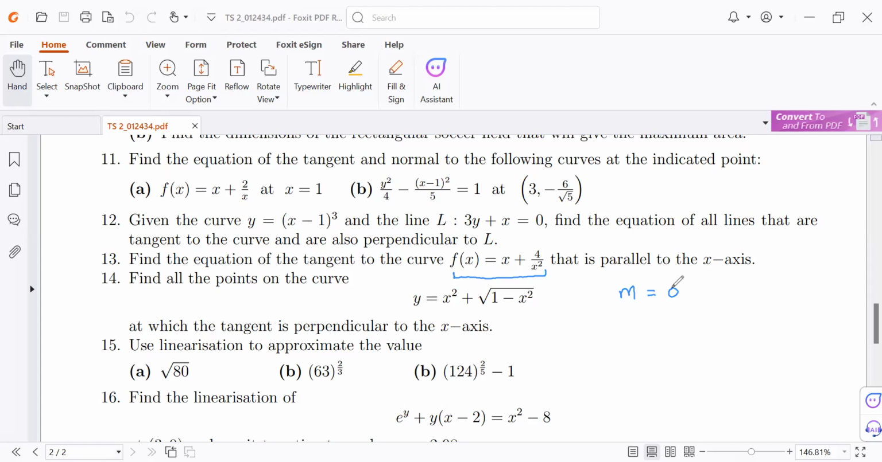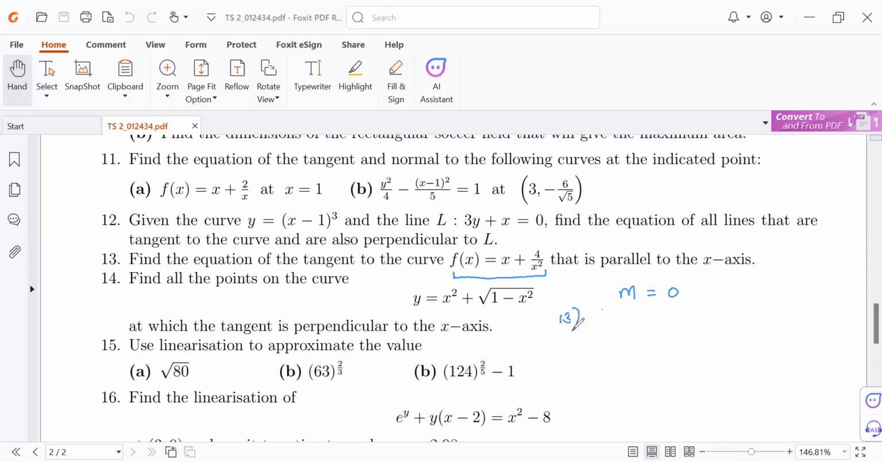Any horizontal line has a gradient of 0. So I want to find the lines that are tangent to that curve and parallel to the x-axis, meaning those lines should have the same gradient as the x-axis. Two lines are parallel if and only if they have the same gradient. So in this case,